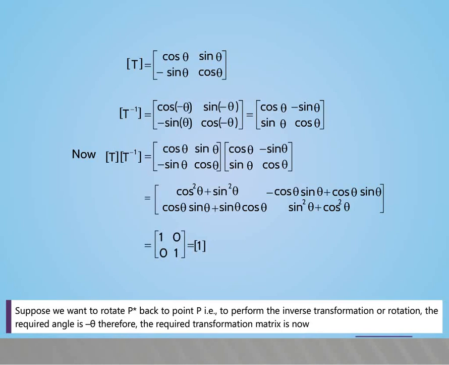Suppose we want to rotate P asterisk back to point P, that is, to perform the inverse transformation or rotation. The required angle is minus theta. Therefore, the required transformation matrix is now